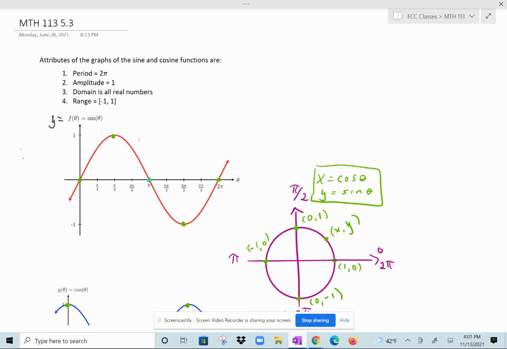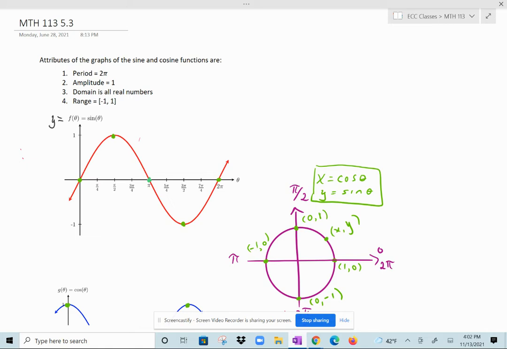Hi, this lesson is about the attributes of the graphs of the sine function and the cosine function. Both of these functions share some of the same characteristics. The first one is that they both have a period of 2 pi. A period is how long it takes to go through one cycle of the graph, and a cycle will look